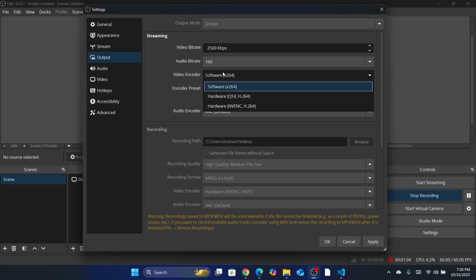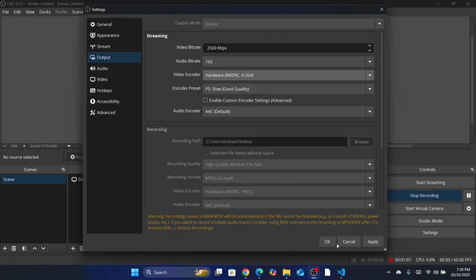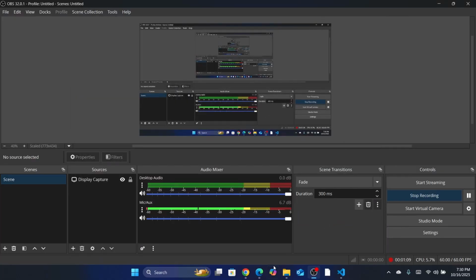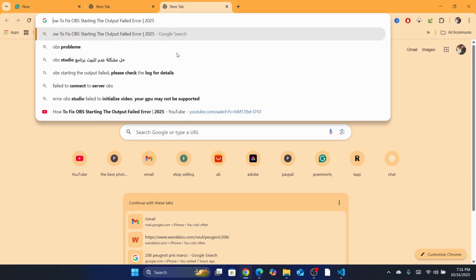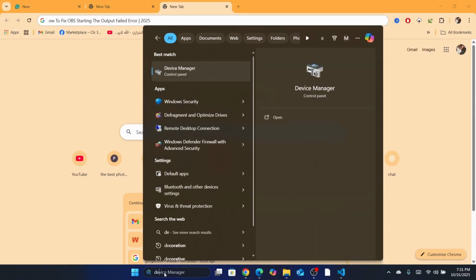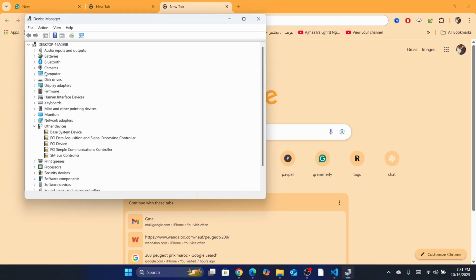Okay, let me just change this. I'm going to click on cancel. Then I'm going to show you another way. Search here for device manager. In the search, click on it. Then you want to find here